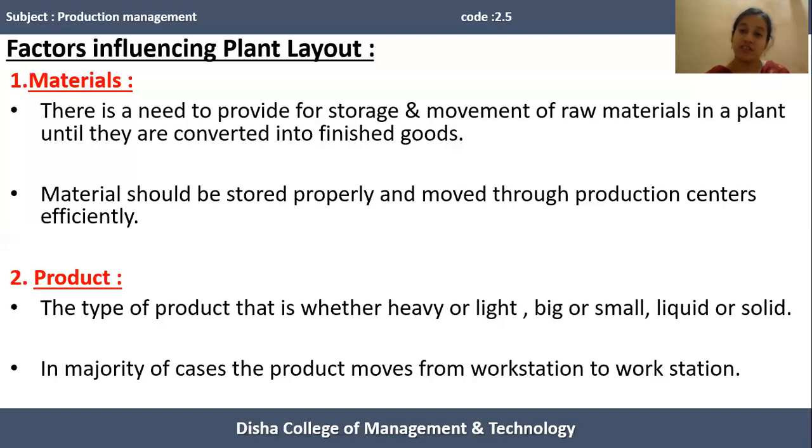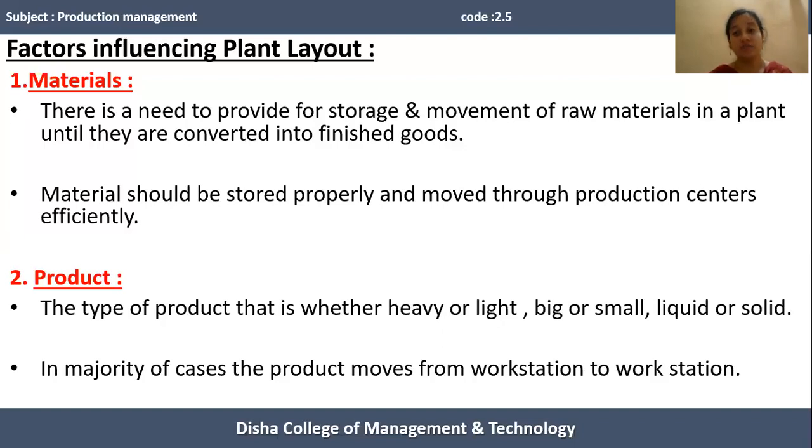If the firm produces a lightweight product, then the product can move from a particular workstation to another workstation for production. Generally, the product first goes to a particular department or workstation where it requires first processing. After that, the semi-finished goods move to the next workstation, next department, for further processing. At last, the firm is capable of producing finished goods. So the production manager, while designing the layout of the plant, first has to identify whether the firm produces